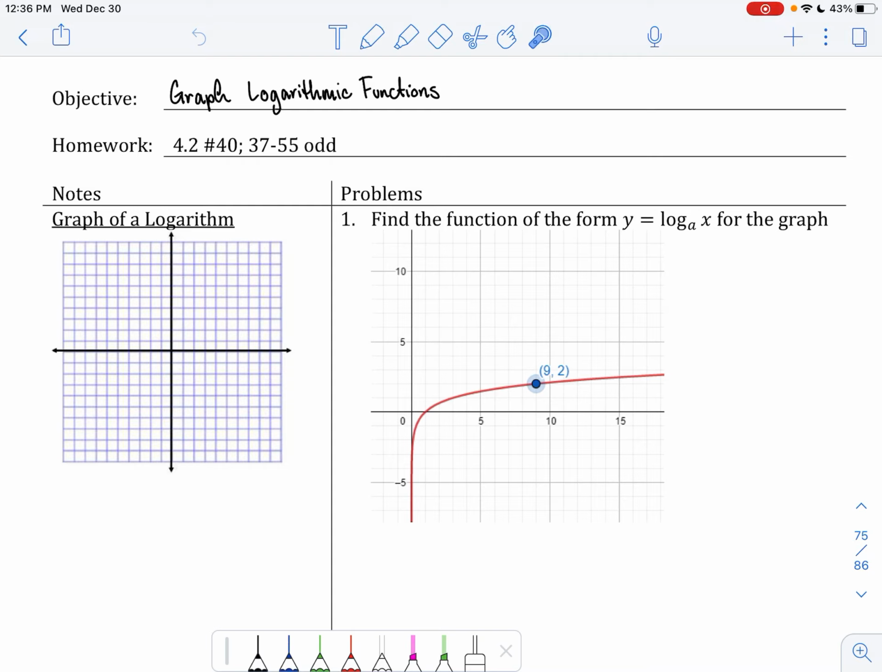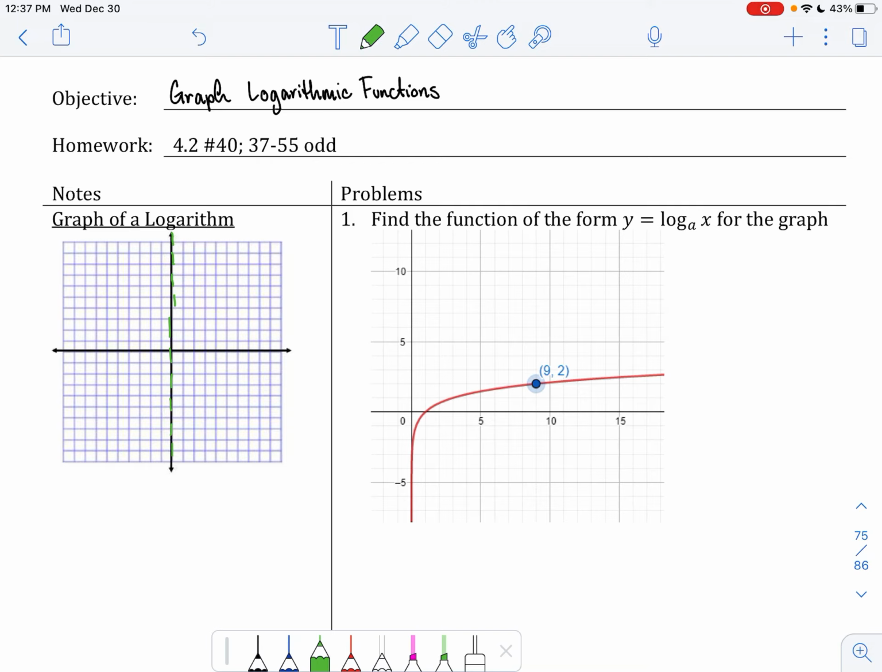So let us keep talking about logarithms from where we left off the week before break. So get yourself ready for notes, and we're going to talk about graphing logarithmic functions. Now, a basic graph of any logarithm is going to have two basic characteristics. One of which is that it has a vertical asymptote. Now, without any transformations, this vertical asymptote is going to be at x equals 0, at